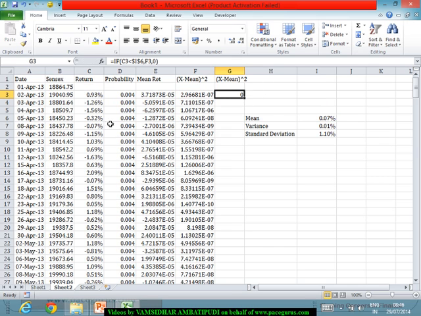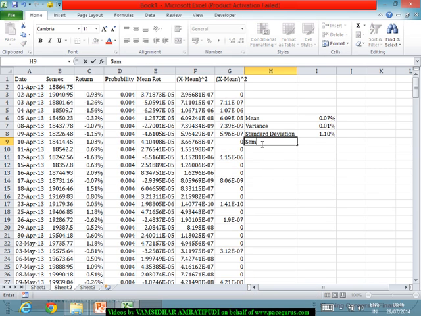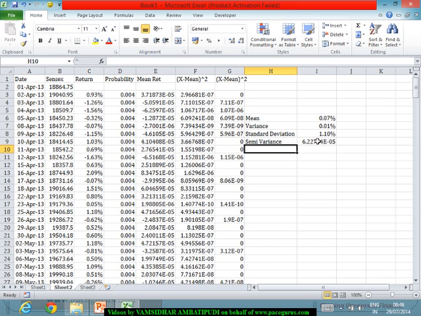Because here this is 0.93, which is greater than the mean, I am not bothered about it. Now this is how I get my values. Adding them up, I get my semi-variance simply as the summation of this, which, in percentage form, is 0.006%,